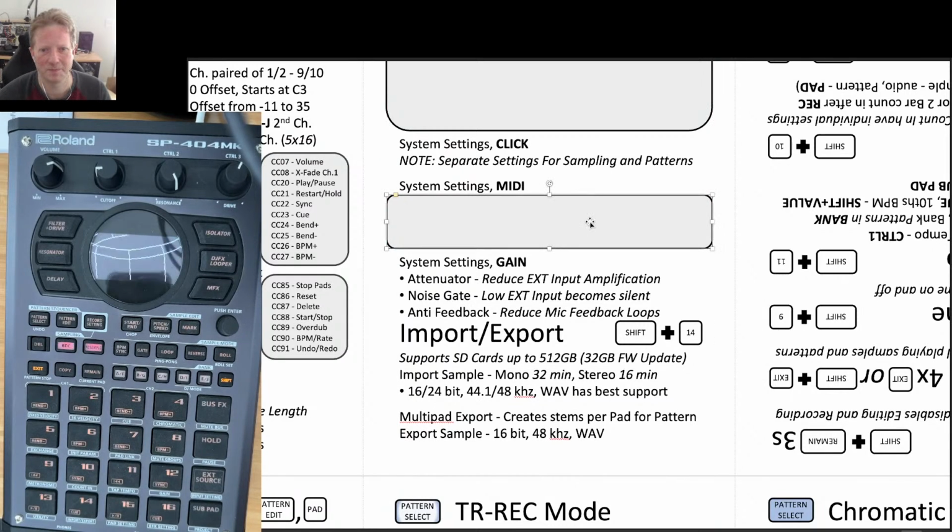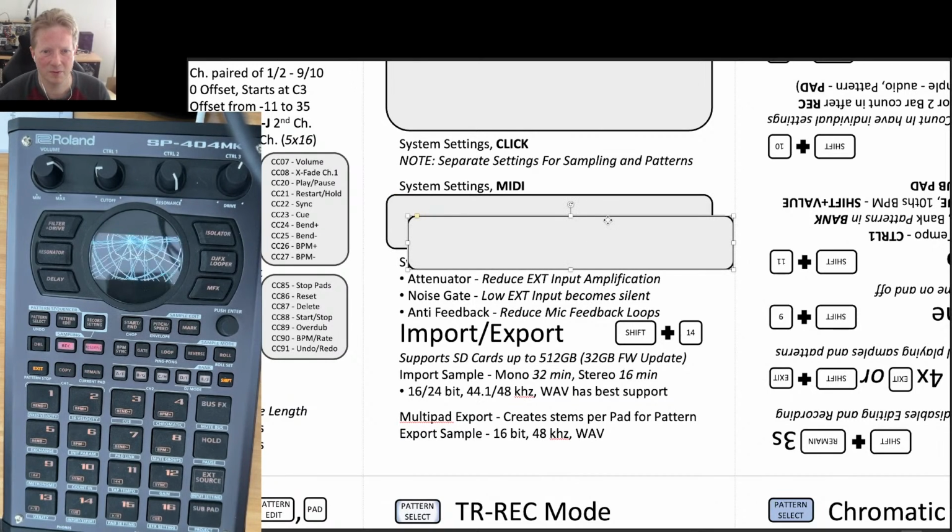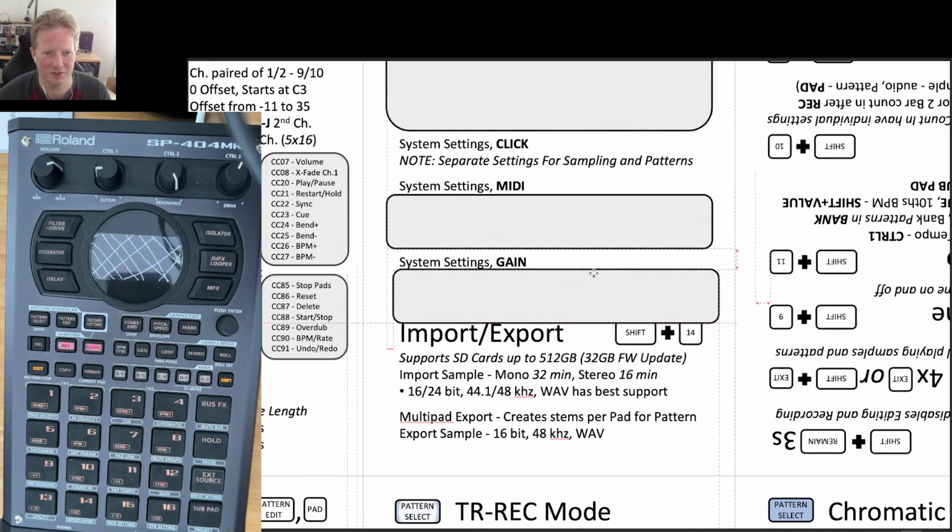About there. Paste another one. This is where I know I'm not going to have enough space because this is going to sit on top of the import export. Now I got to squeeze it in,